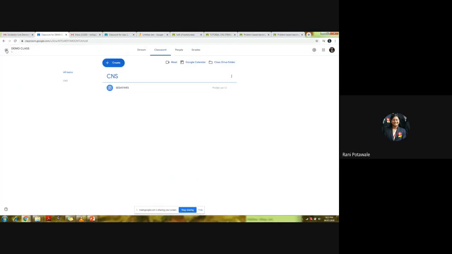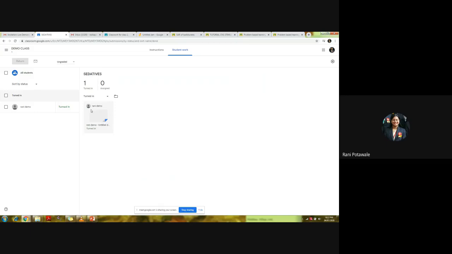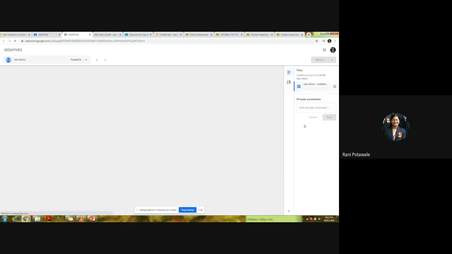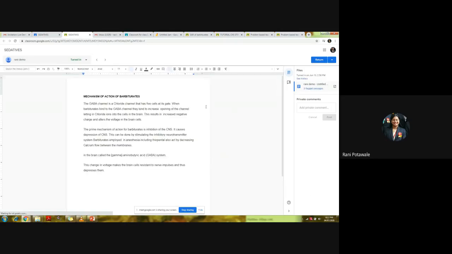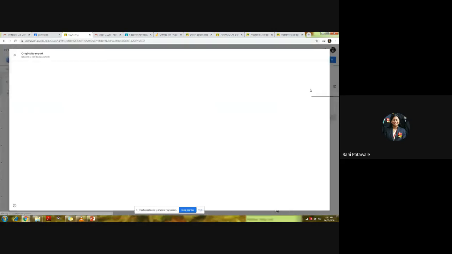It also helps the teachers to see whether the students used the study material and where the citations are present or missing. Now here I would like to show one assignment for which the originality check was on. When we open this particular assignment submitted by a student, we can see a flagged message.